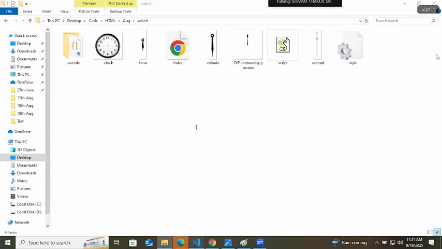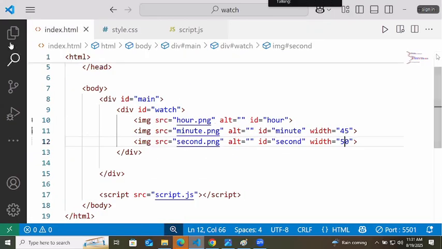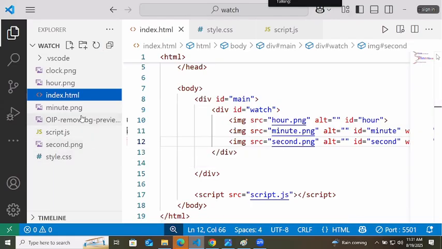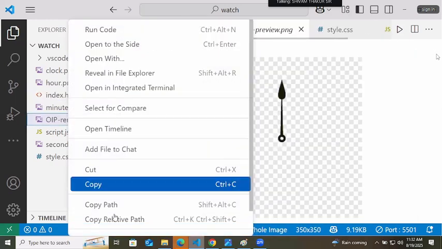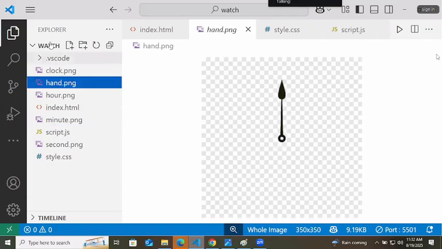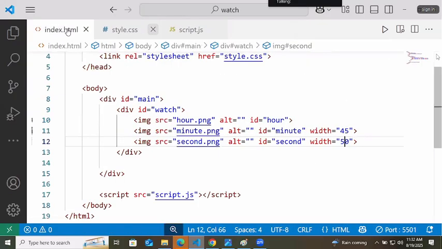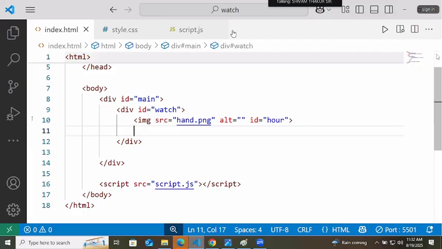Okay, so let's try to use a different one now. This one, which is already pointing upwards. So here, this is hand dot, and for all of them, we will use the same picture. We will just decrease the size.